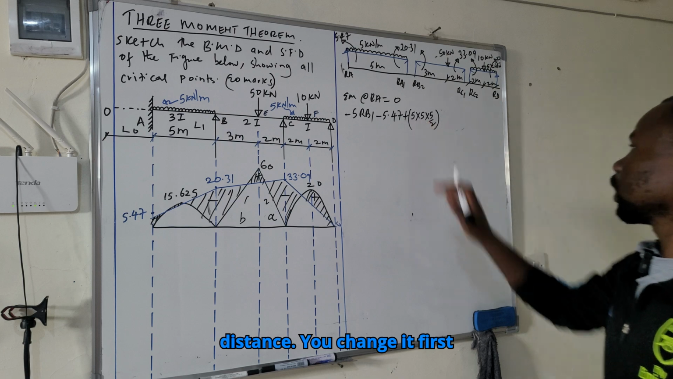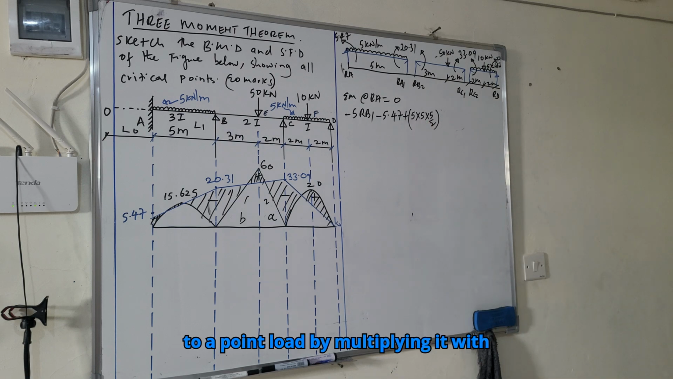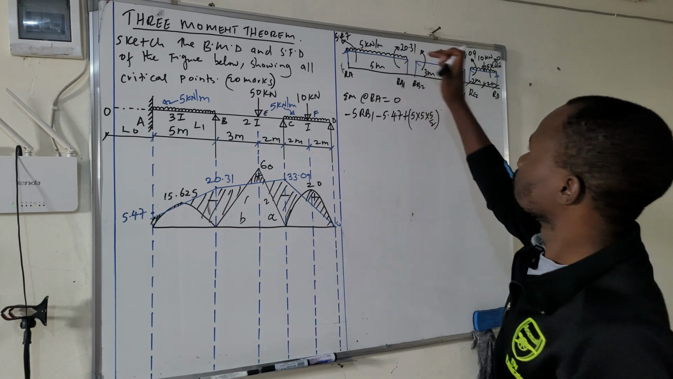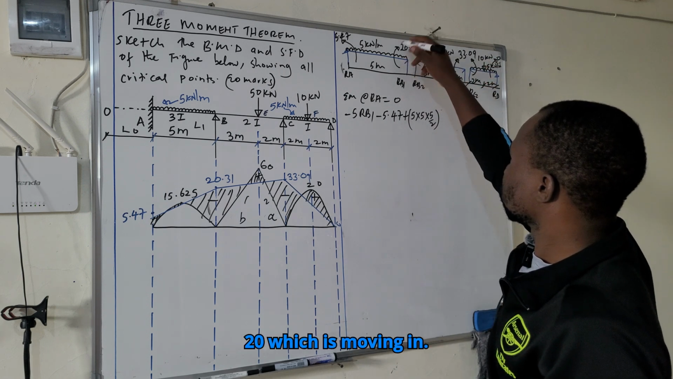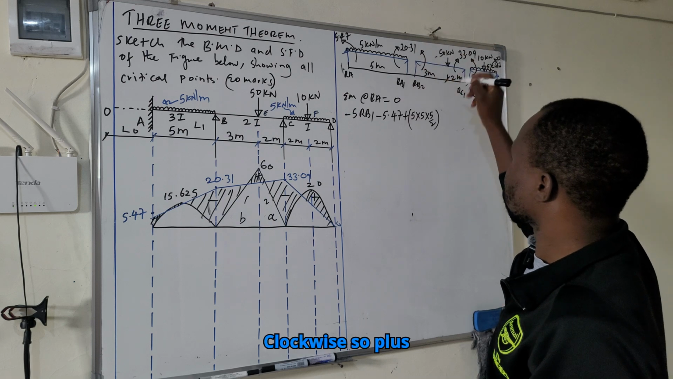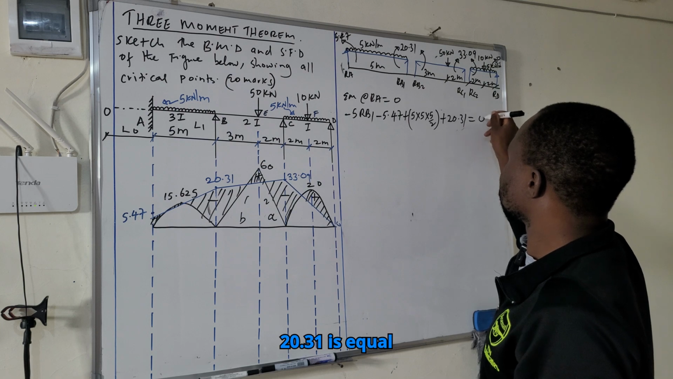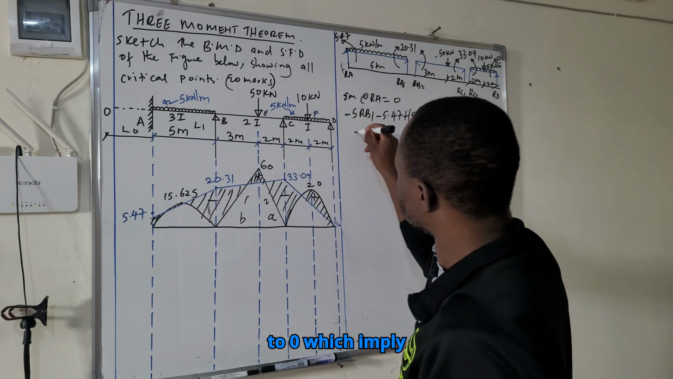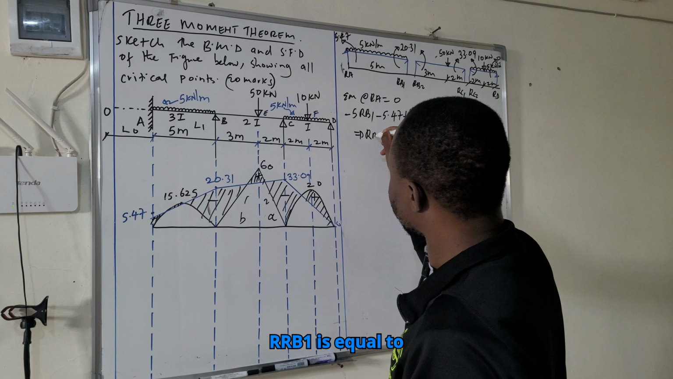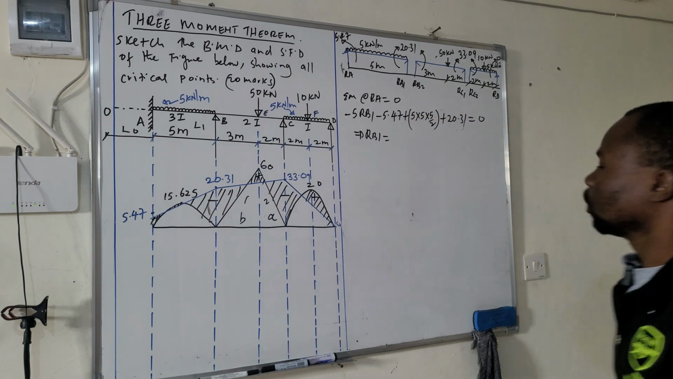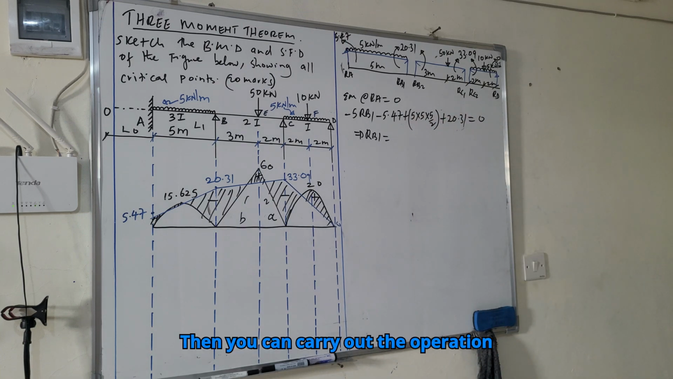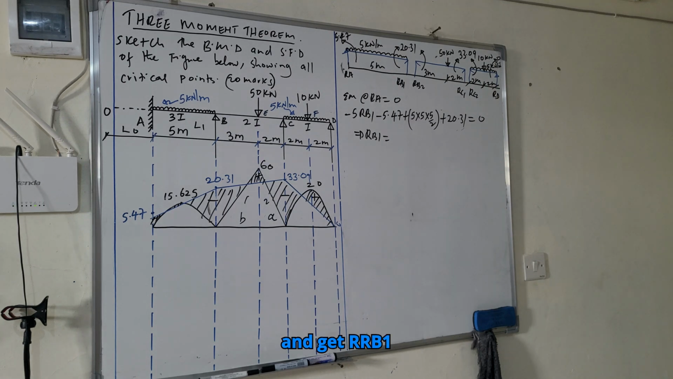because it is acting at the center of the distance. You change it first to a point load by multiplying it with the distance. Then you come to this 20, which is moving in clockwise. So plus 20.31 is equal to 0, which imply RB1 is equal to, then you can carry out the operation and get RB1. So the answer is